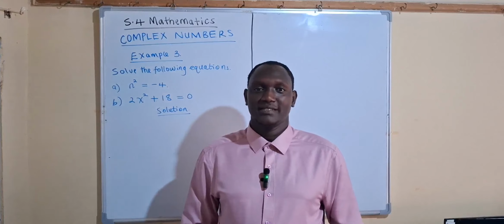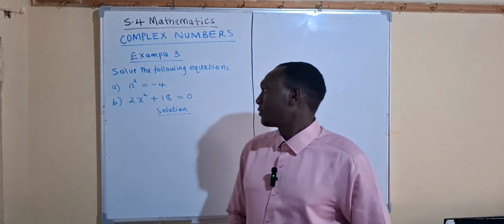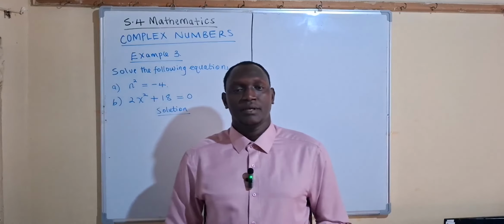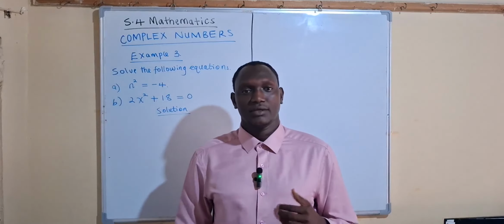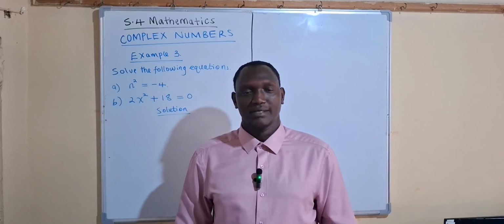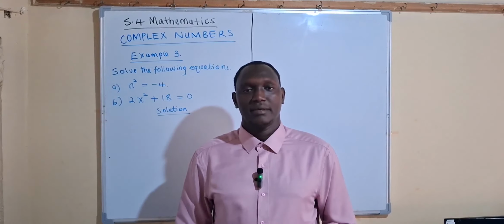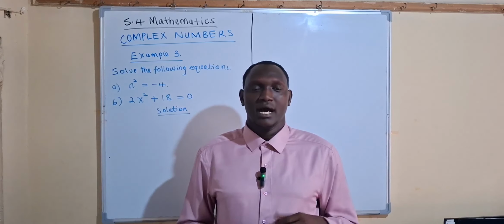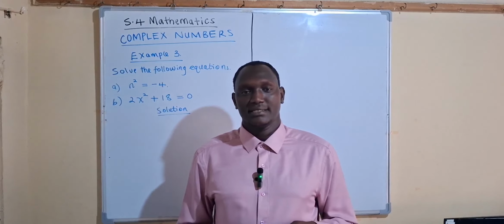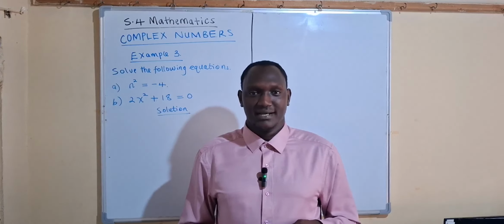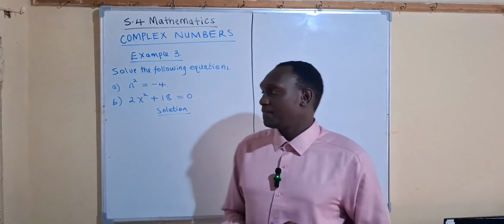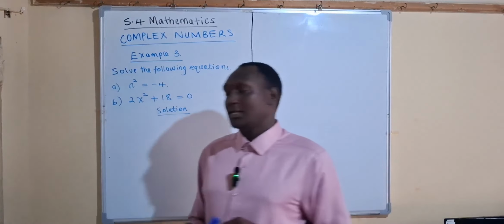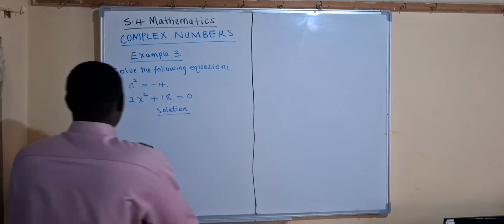We are looking at complex numbers and we are now on example 3. Here we are trying to solve numbers that require the application of complex numbers. More specifically, at this point, we are looking at how we can apply the Euler's property that i squared equals -1. So to answer this, for part A,